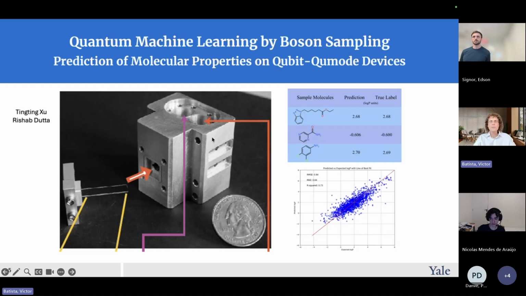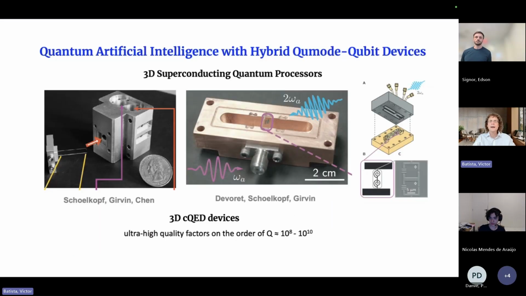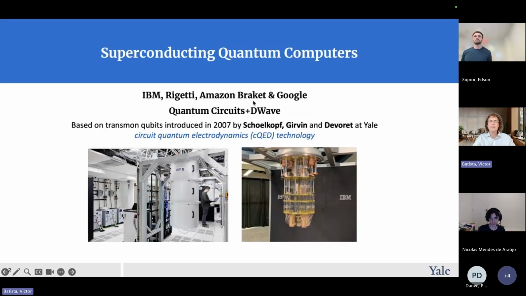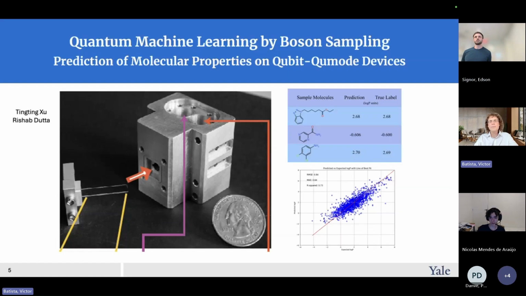And we are currently collaborating with other groups that have similar devices. But also there is a company, Quantum Circuits, that I mentioned at the beginning, that has recently partnered with D-Wave, and they make their platform accessible to some groups, so you can contact Quantum Circuits plus D-Wave, and they have at least this type of processors currently